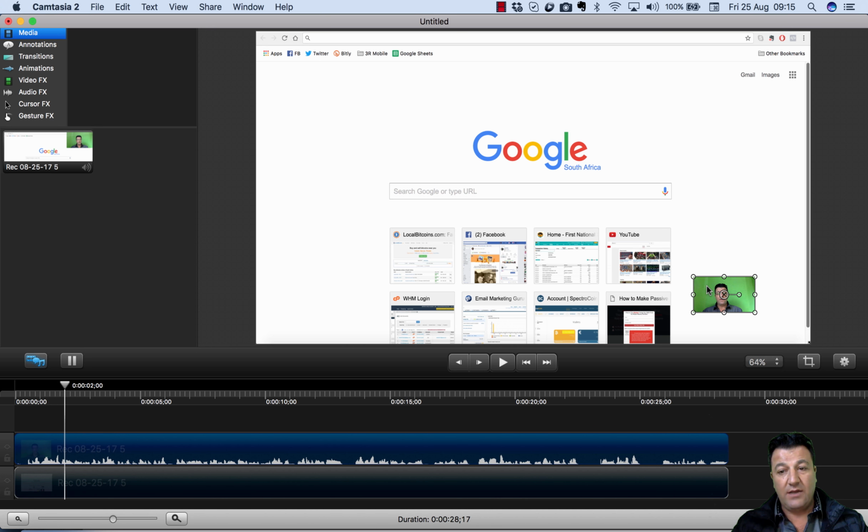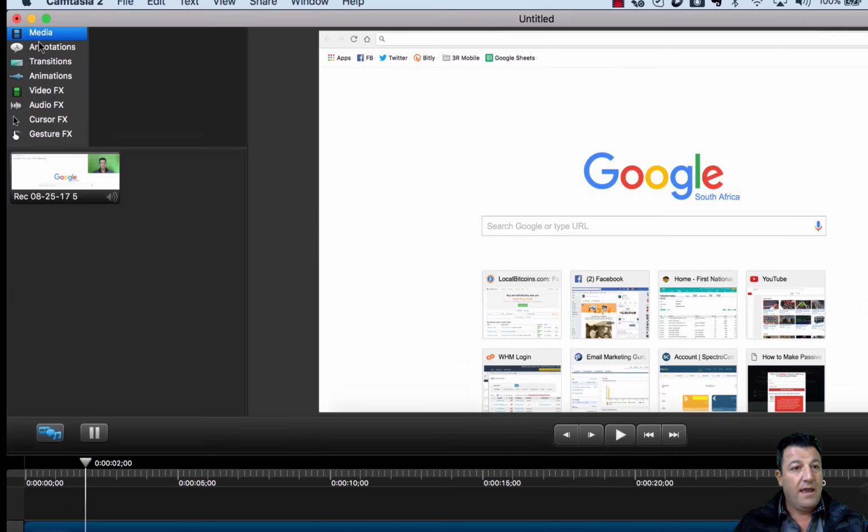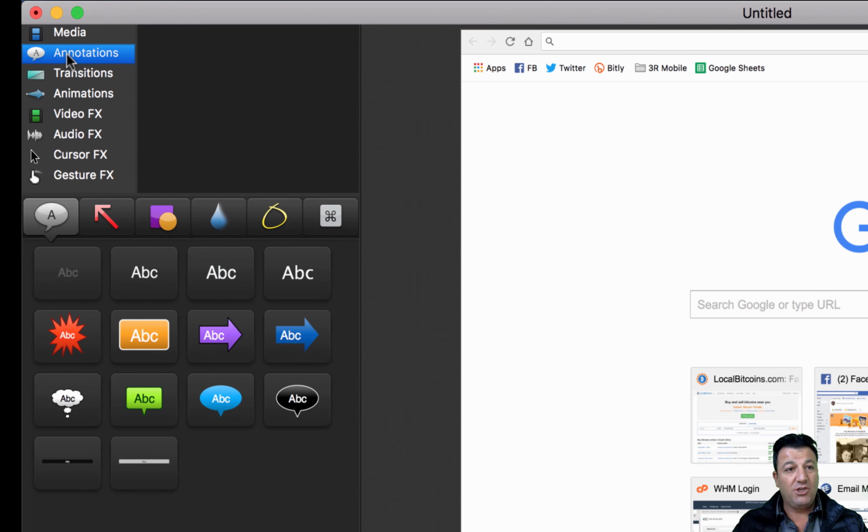But you can just click on the cam recording, and you can enlarge it. You can make it smaller, and you can position it anywhere you want on the screen. I like to put mine on the bottom right hand corner. And this is called annotations, so I'm going to go through the annotations with you in this video. So an annotation is basically a call out that you can put onto the video at any